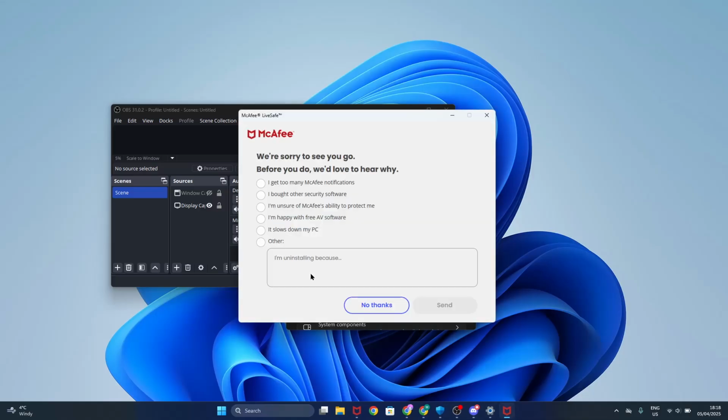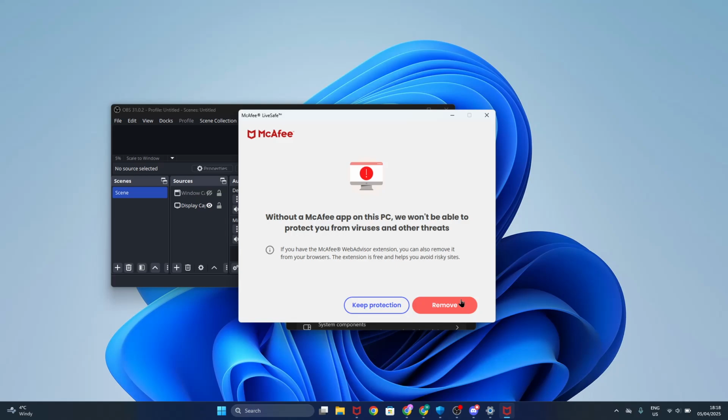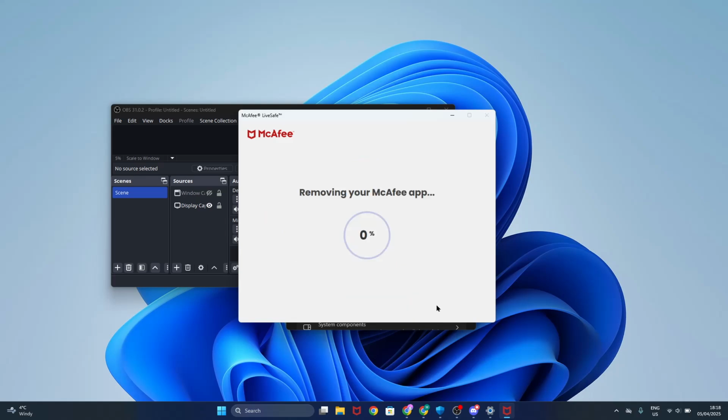It's gonna bring you to McAfee. And then yeah, you can select Y and click on send. And yeah, now click on remove. And now it should